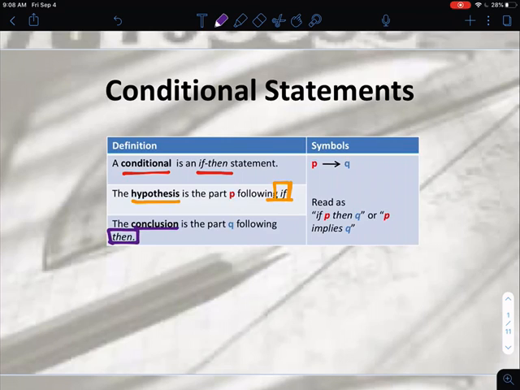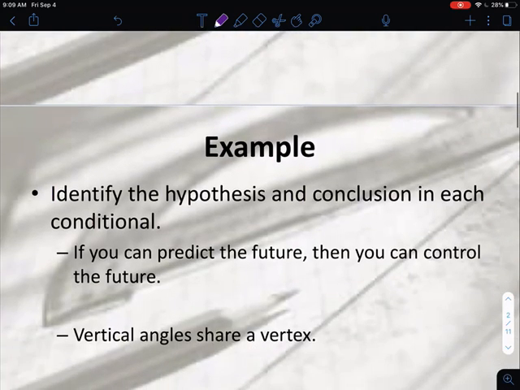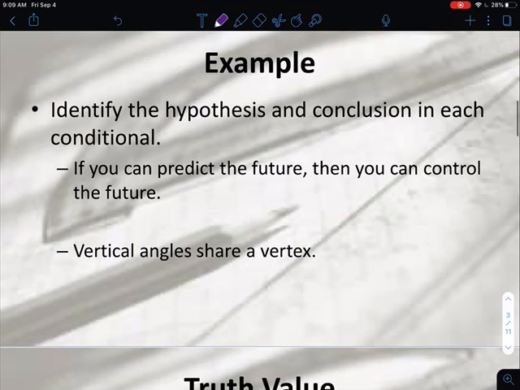As far as if-then statements go, identifying those two pieces is going to be pretty important. Another thing on here that you see is the symbols. So sometimes they'll use symbols to denote a conditional statement. So P is usually the defined value for hypothesis. Q is generally associated with conclusion. And then the arrow here is simply read as if P, then Q. So that arrow just tells you it's an if-then statement. If P happens, then Q happens. So if we look at some examples here,